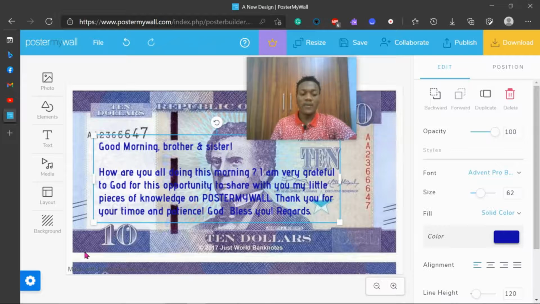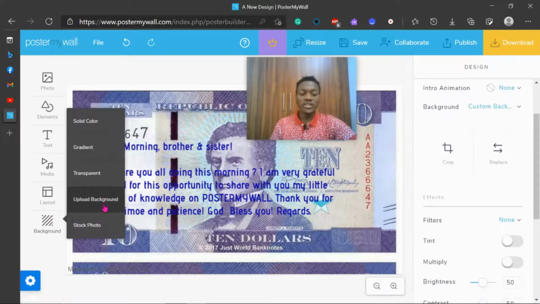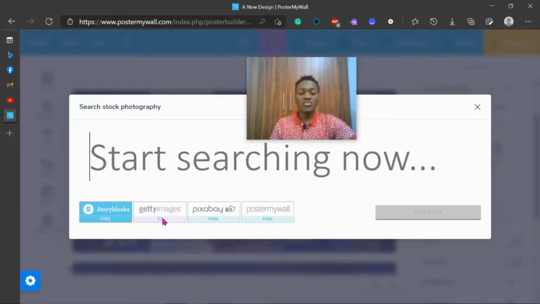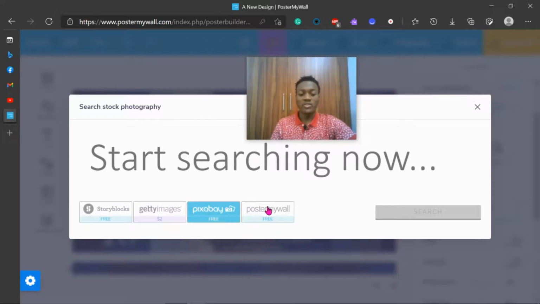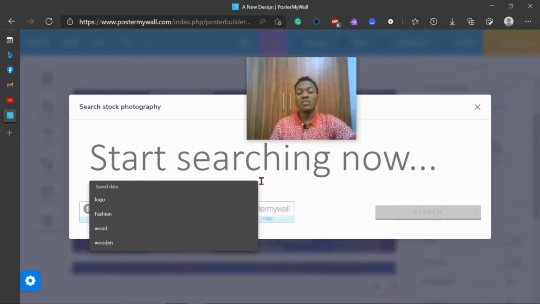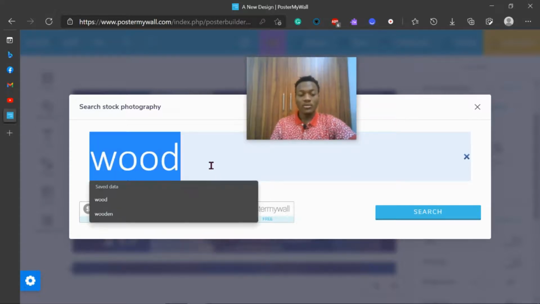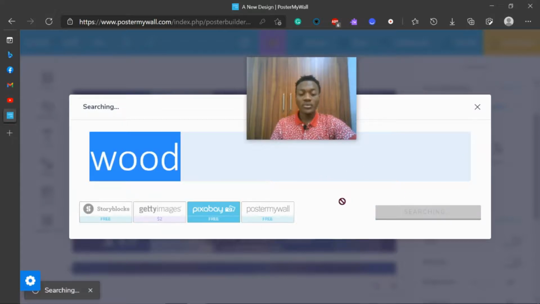This is it now. So now the next thing you want to do is upload stock photos. Now photos is from the stocks within Postermywall. You can use it. Now we have stock photos from Getty Images and Pixabay, and we have Postermywall free. So which one do you want to choose? Pixabay is free. Postermywall is free. So let's go with Pixabay. What do we want to choose? Low gold fashion wooden. Now we can choose this one. Okay, wood. And when we search for it, it's going to give us